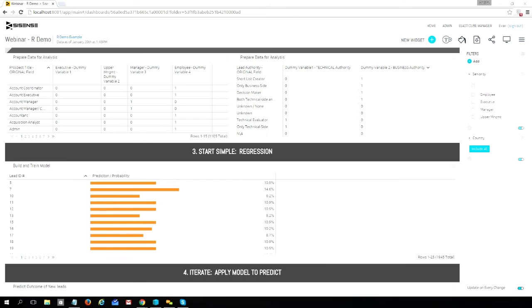And since our response variable is binary, conversion, yes or no, we have to use a type of regression called binary regression, or its more familiar name, logistic regression. What this will do is allow us to model this binary outcome, and the result it comes back with is a number between 0 and 1, which is the probability of success.